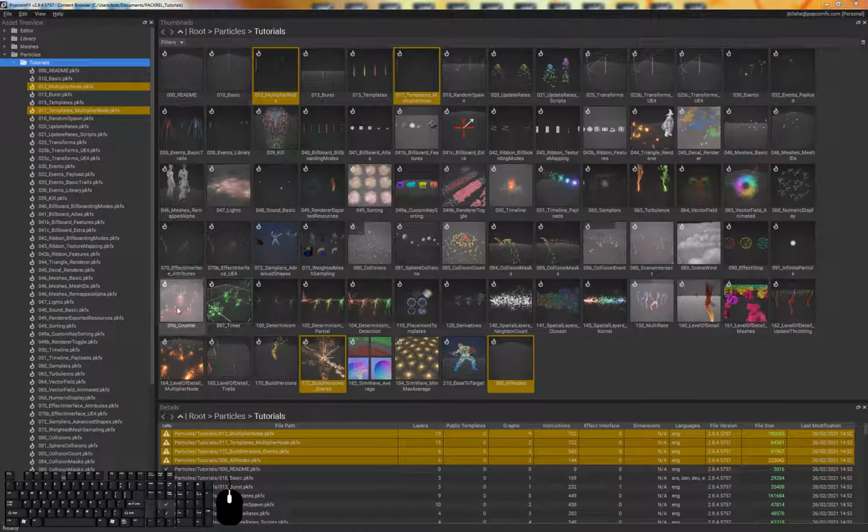In version 2.8.4, so in patch 2.8.4, we fixed two bugs that might cause some effects to change behavior. Most notably, if you reused the DrawNumber template we provide with two effects in the tutorials package, you will see changes in behavior. So the counter and timer effects, and maybe also another one, the numeric display one, and